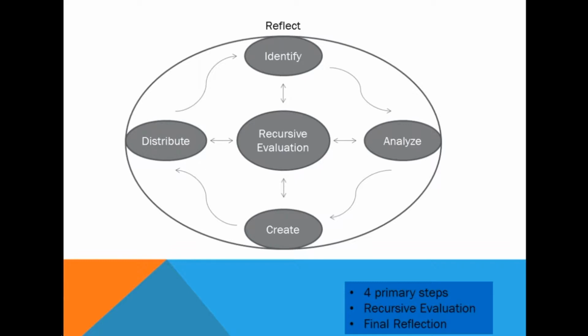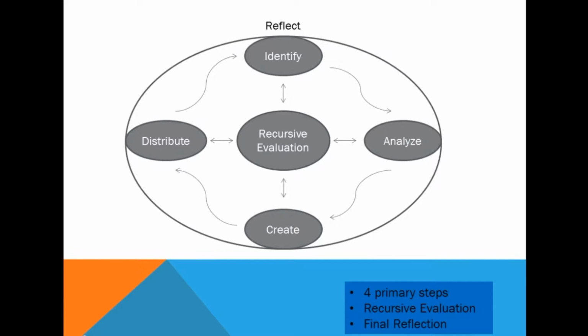In the 3rd step, the create phase, the design and development steps in ADDIE have been combined into 1. And this is because this model is intended to promote trial and error and experimentation so that design and development